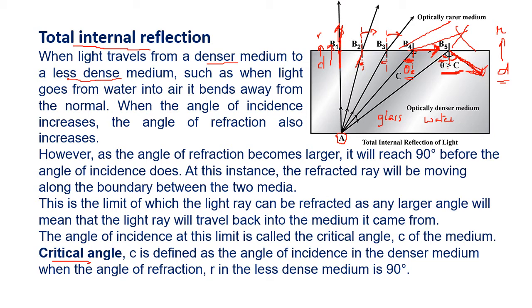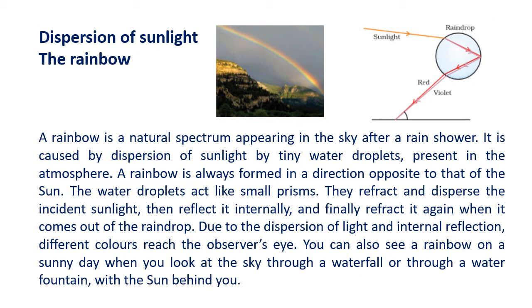Now in nature we see certain phenomena. The first phenomenon is the dispersion of sunlight, which gives rise to the rainbow. In the picture you can see a rainbow. You can usually see a rainbow after a rainy day or during the rainy season. Now how do we get this rainbow? You can see the sunlight, or white light, and a raindrop. It is a spherical drop here, but we do not have raindrops like this. You can understand that on a rainy day the whole atmosphere is filled with moisture.